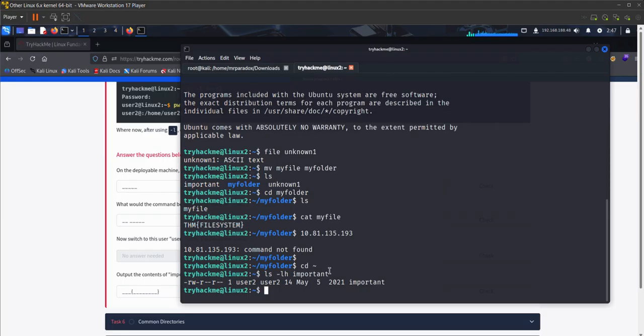With the help of this command, we can find the file and we can learn about these files' owners and permissions. Okay, our file's owner is user2.